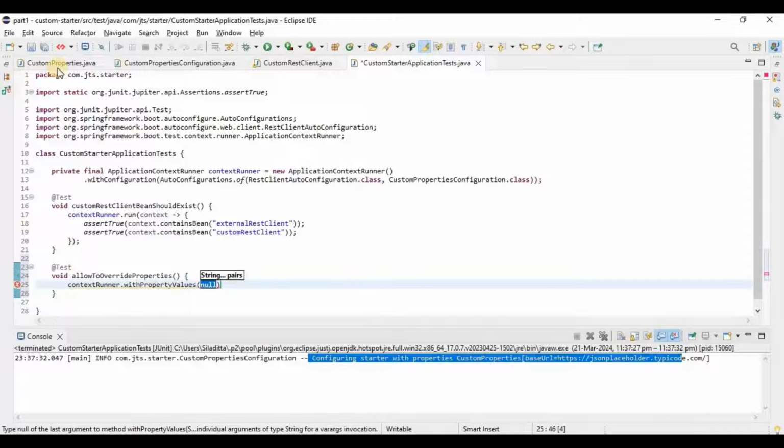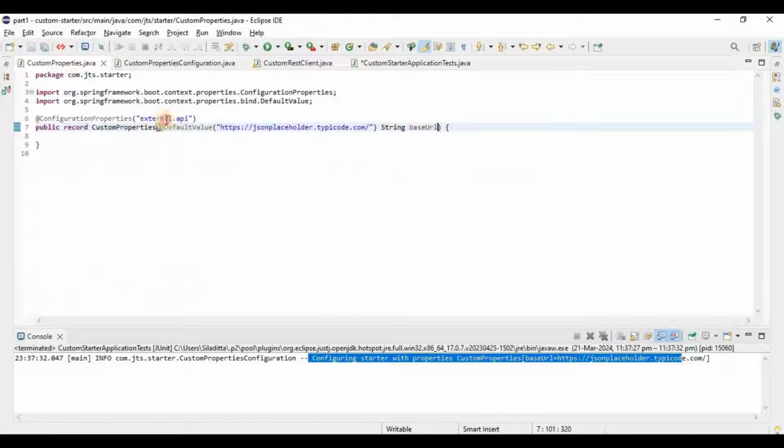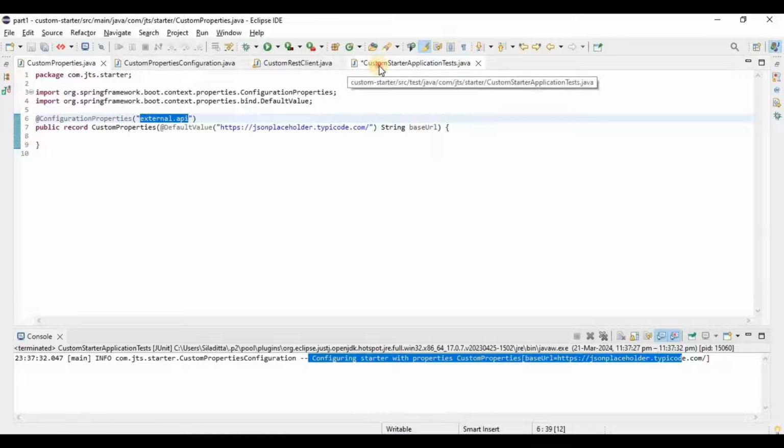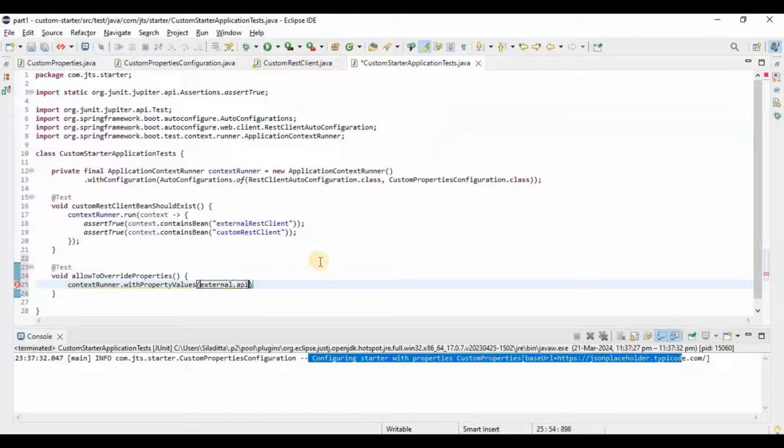So the value is external dot API, then dot base-URL,